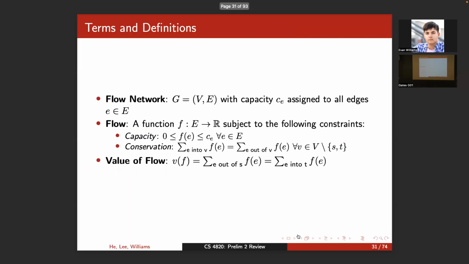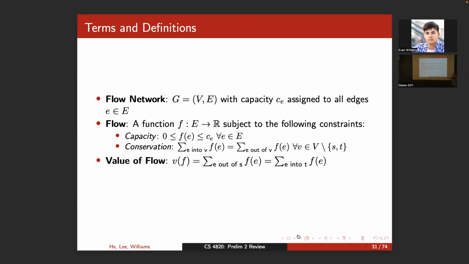Awesome. Okay, let's go on to network flow. So you should know the basics of a flow network by now. You have a flow network, which is a graph of vertices and edges, and each edge has a capacity of c_e assigned to each edge e in E. Basically, flow is going to be a function that maps each of these edges to an integer value, where the capacity is the upper bound of that integer value, and it has